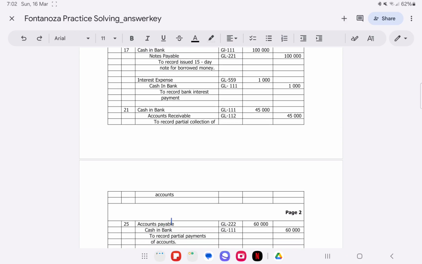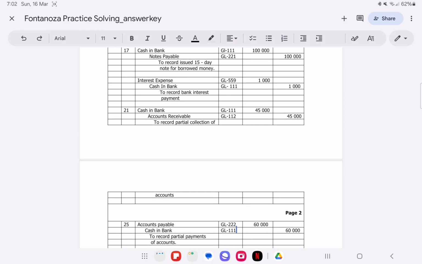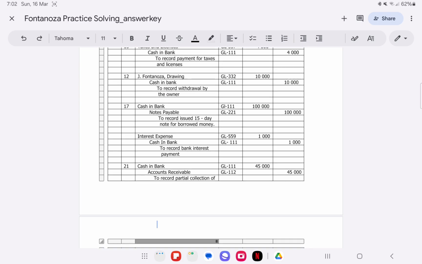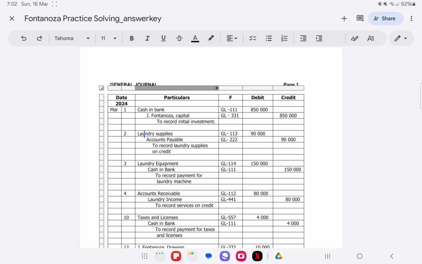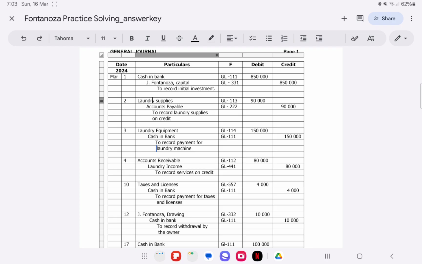So try to check our transaction in 25. Okay, so debit accounts payable GL222 60,000, credit cash in bank GL111 60,000 to record partial payments of accounts. So go back to the transaction number 2, di ba? So ma'am, laundry supplies malagi ring dire ni accounts payable pud, ang laundry supplies ang debit, na accounts payable is credit. So nga naman nga dili man na